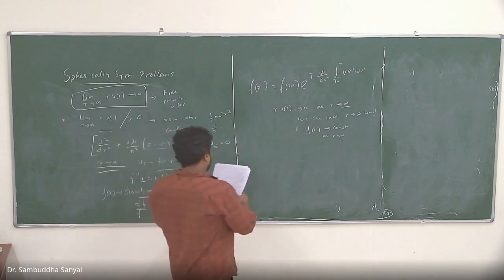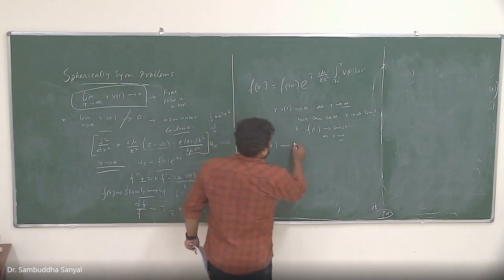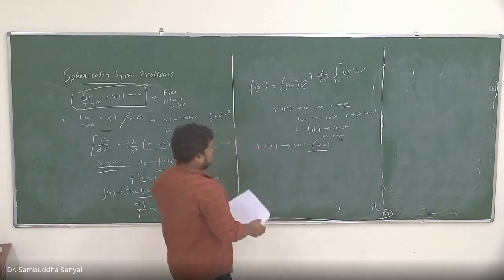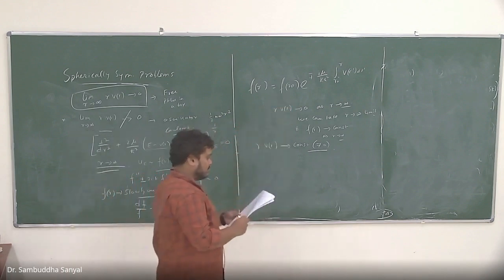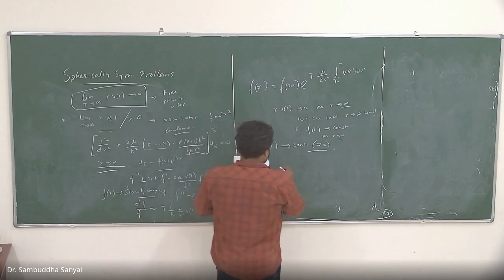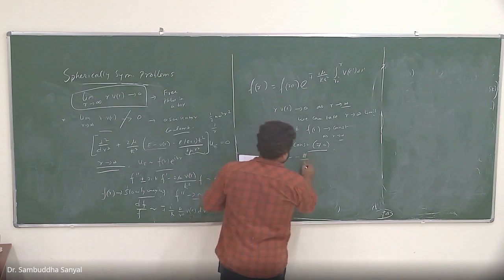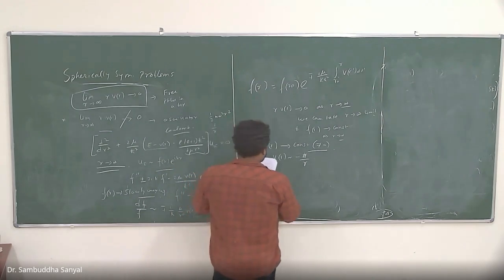This is a definite integral. But if that is not the case, so let's say rV(r) is going to some constant that is not equal to 0, then you cannot write it anymore in the f(r) naught form. You will get, let's say V(r) is like that, minus some constant divided by r. Then it will not happen, like the Coulomb form. Then you can show your f(r) will be